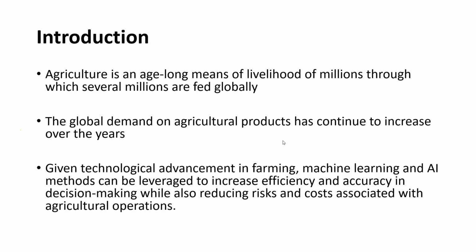The global demand on agricultural products, as we all know, continues to increase over the years as the population soars, as people are having more comfortable lives. They want to have different types of foods, at the same time putting more pressure on the farmers towards ensuring the smooth flow of the supply chain when it comes to agricultural products. By far, they are the most important products in the world. If you can't afford to change your shoe, you can continue to manage the one you have. You may not be able to change your clothing. You may continue to manage the one you have.